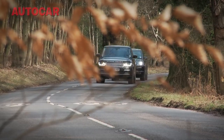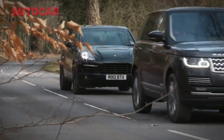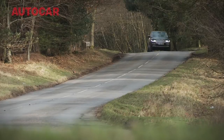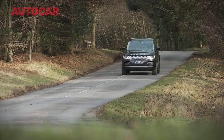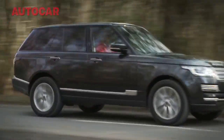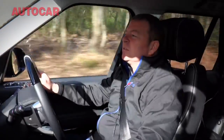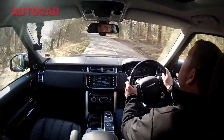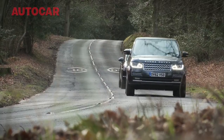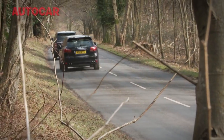You know, despite the fact that they cost very similar amounts of money and in theory are kind of appealing to the same sort of customer, I don't think these cars are rivals at all. The Range Rover is just head, neck, haircut and shoulders above the Porsche when it comes to refinement and just, you know, everyday usability. It's so much more comfortable than the Porsche on the road as well. I just don't think there's really any comparison. But if you want to make a comparison between these two cars, if you want to choose between one of them, it's the Range Rover. It has to be. It is an absolutely phenomenal piece of engineering and just a lovely